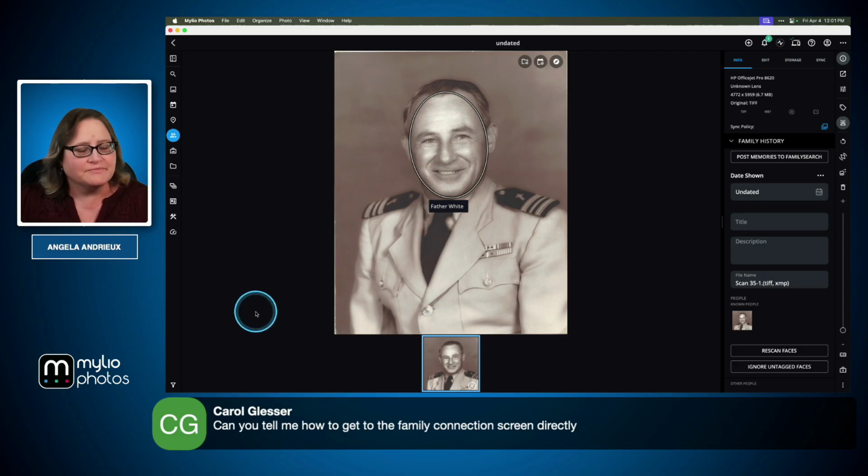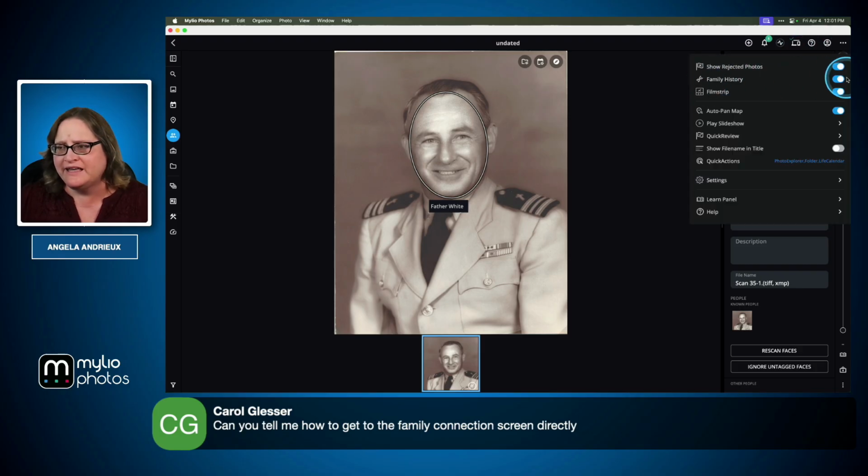Well, originally you said that you could fix that screen to be the one that opens up when you open up Mylio. That you have it open up to the family. Yeah. Oh, with the family history. Okay. So having the family history panel open, once you have that open, next time it'll open with the family